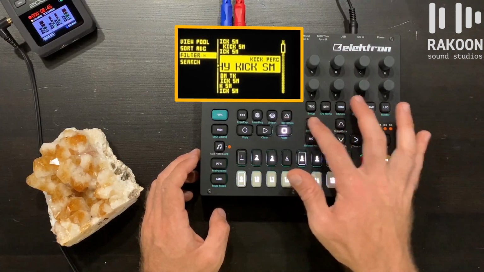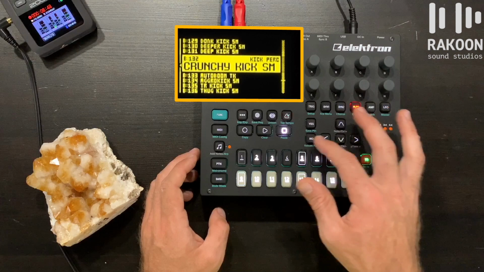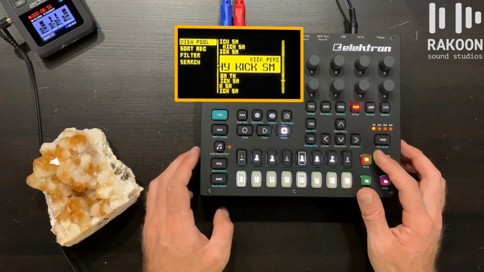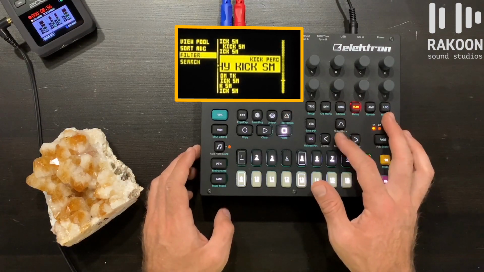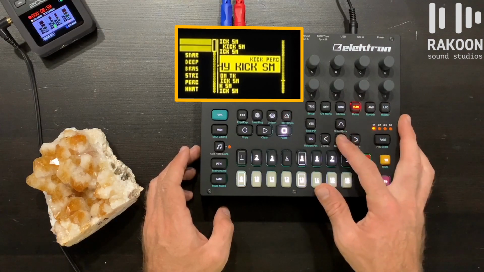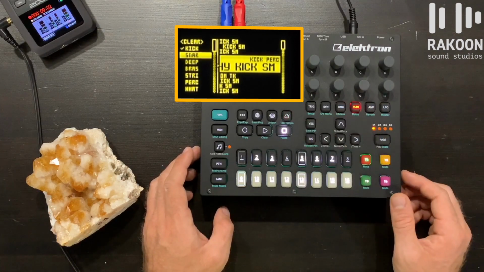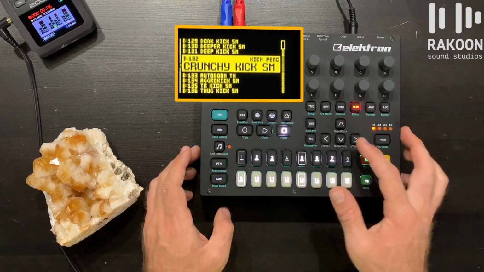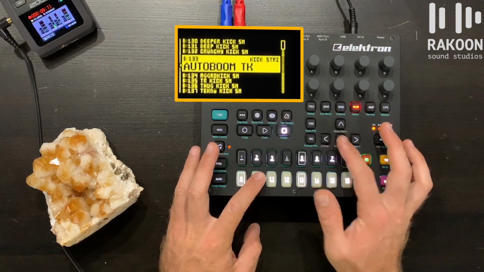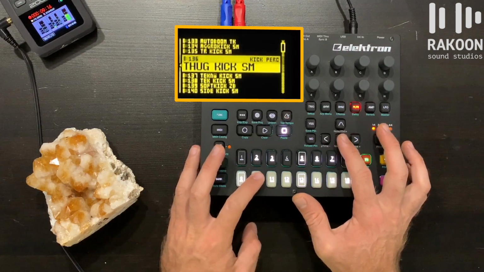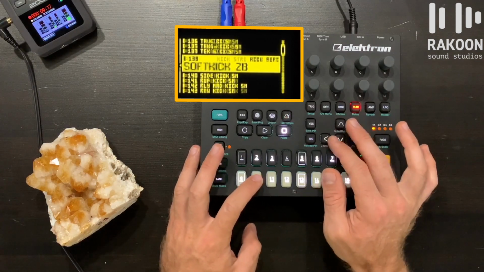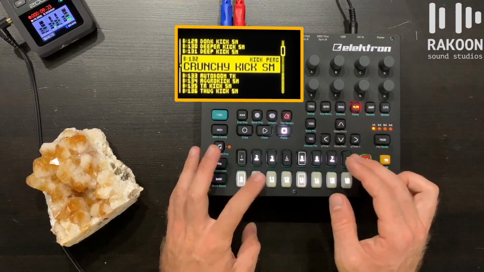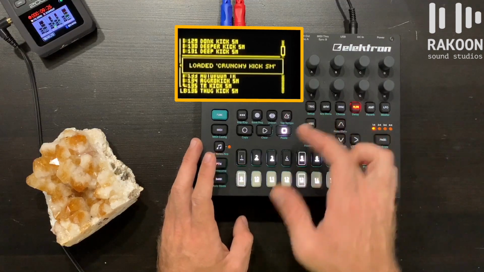And let me clear up this thing here. So then you enter the presets, and you can actually go down and filter what kind of a sound you want. So I'm just gonna filter by kick drums. Alright, so that way we press the right arrow again, and now we are only viewing kick drums. So to audition the kick drums, we just press one of the notes. So we have a variety of kicks that are made by this synth. For now I'm gonna go with this crunchy kick, I think. I'm gonna press yes to select it,